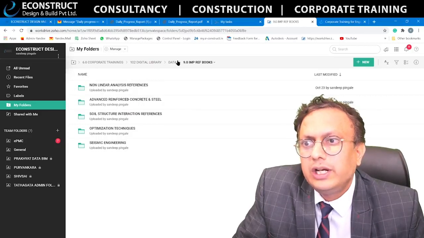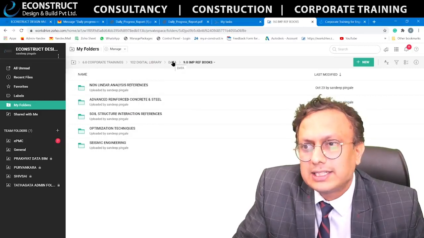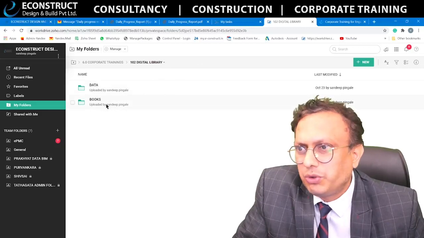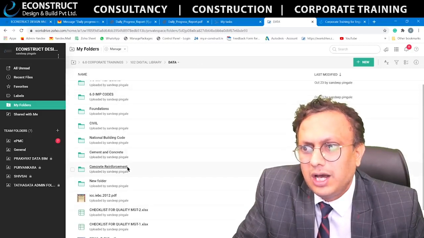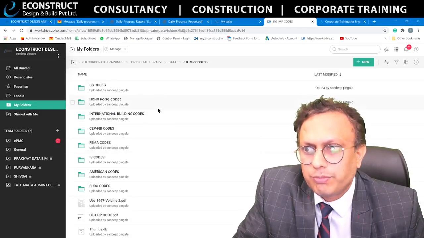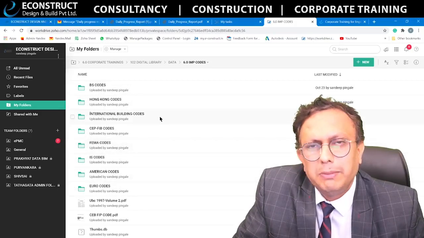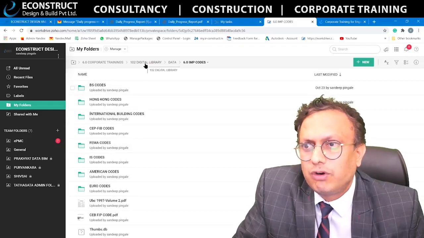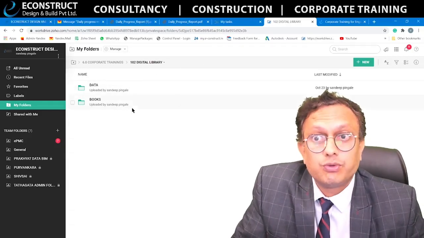So you don't need to go wander in various areas, Googling, YouTubing and all. A lot of valuable data will be available with you. All the important codes are there: international codes, Hong Kong codes, BS codes, CBFIP, Indian codes, American codes, Euro codes. Many things would be available for your reference to upgrade yourself.